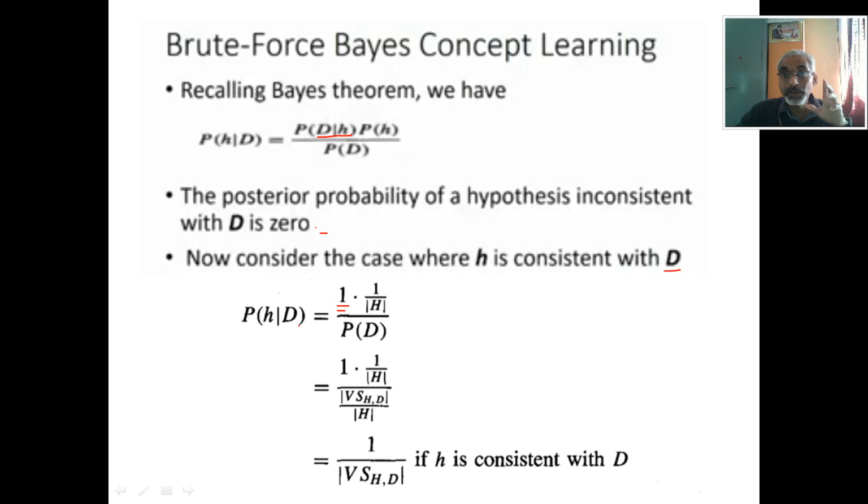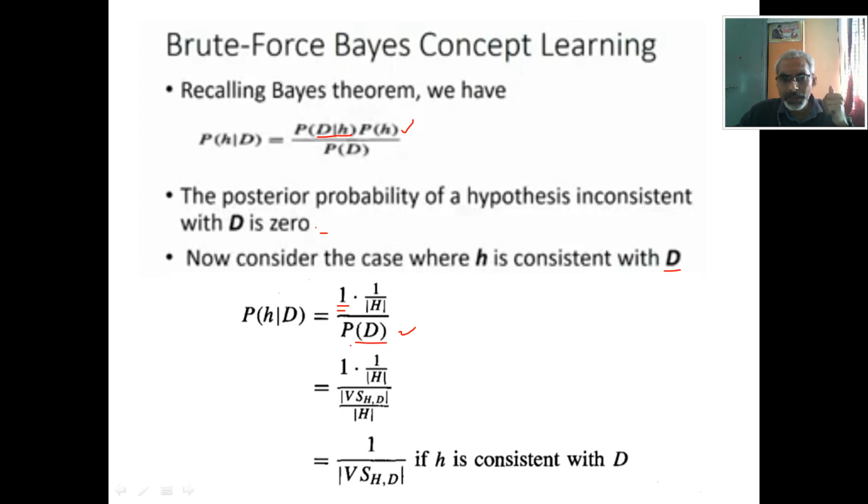It is consistent, right? For a probability of D given the hypothesis, when it is consistent, we represent it as 1. And what about P of H? What is this P of H? It is nothing but 1 divided by the total number of hypotheses in our set of all hypothesis space. So in the previous also we already wrote this, right? So this numerator is replaced with 1 into 1 divided by the set of all hypotheses, divided by the denominator P of D. Now this can be further simplified as 1 into 1 by H divided by,